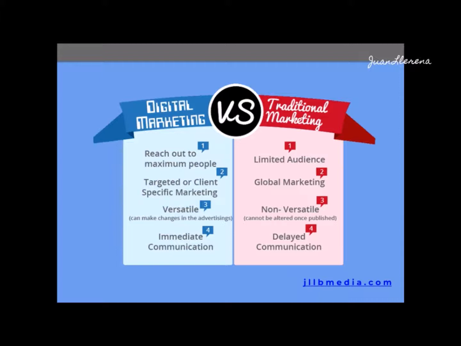We will be pointing out some more advantages of online marketing versus traditional marketing. Okay, and for instance, we can reach a maximal amount of people versus traditional marketing, where you have more of a limited audience. You can segment, target, or specify your clients more instead of being so global with the marketing in the traditional way, with traditional media such as radio or TV, which are more expensive. At the same time more massive, but then you're spending money on campaigns that are only talking to a small section of the entire demographics that are out there.